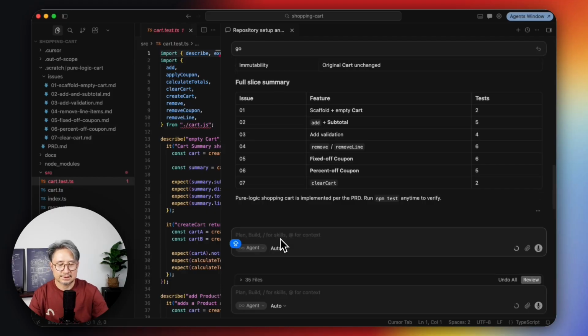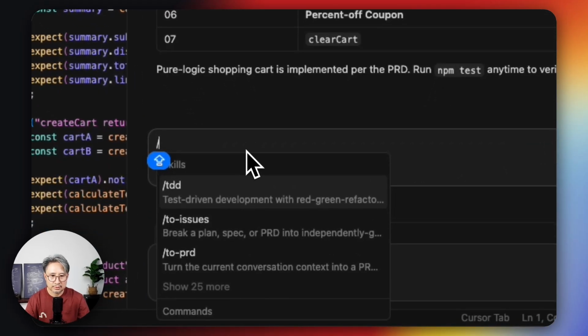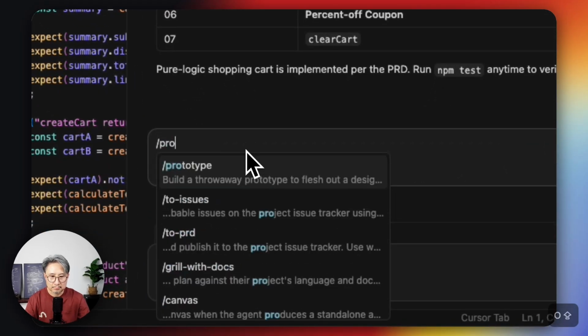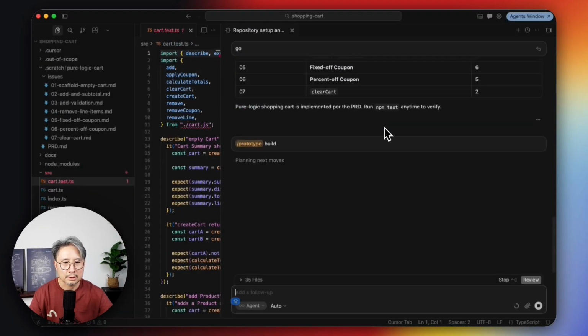The next step is to have something like a UI to help us use this shopping cart backend logic. We'll still use the slash command in Cursor. This time we will run the prototype build.